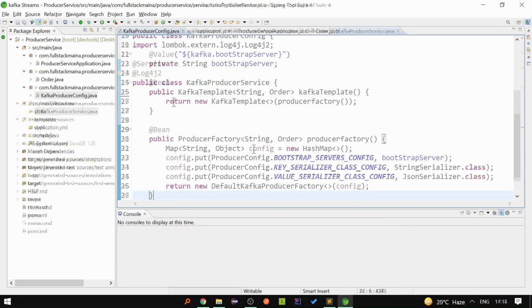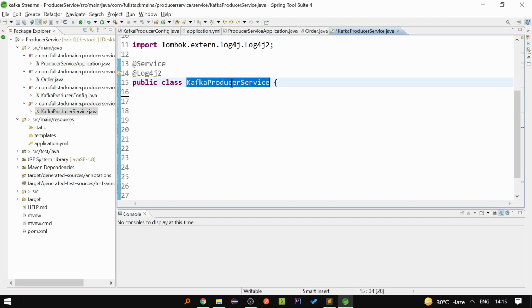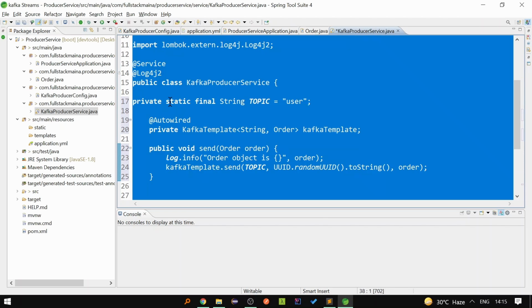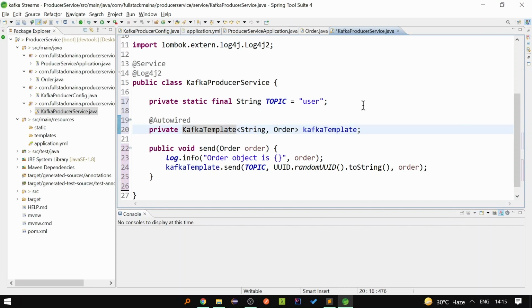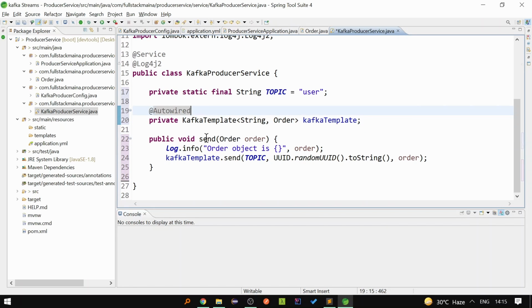Okay, here I have created a Kafka producer service and I have marked this with the @Service annotation. Now I will paste some code and walk you through it step by step. The first thing is I have autowired the Kafka template over here. Now I have created a simple method that will take order as the input, and with the help of the Kafka template I am sending the order to the user topic in the Kafka server. Now this kafkaTemplate.send has three parameters. The first one is the name of the topic, the second one is the key which I am generating as a random number, and the third one is our order object which we are going to send.